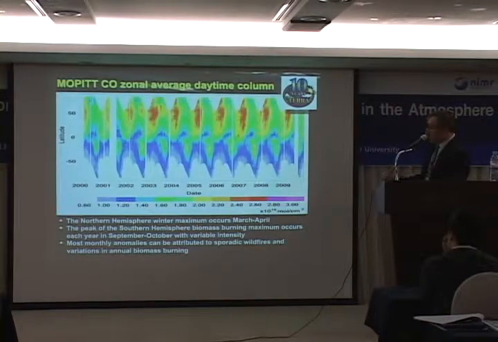And we can look at a zonal plot as a function of time, and we get this repeated pattern every year of high carbon monoxide, high pollution levels in the northern hemisphere in the springtime, in the January, February, March time frame, and then due to the biomass burning in the southern hemisphere, we see high levels that we see in September or so. So we get this repeated pattern every year, but there are differences. And in fact, we could take out the